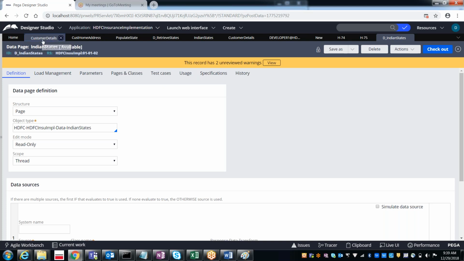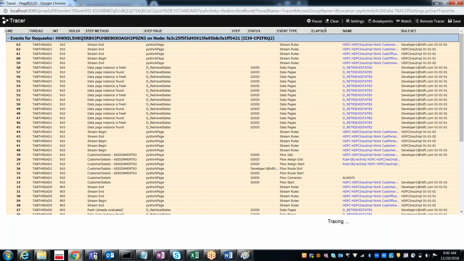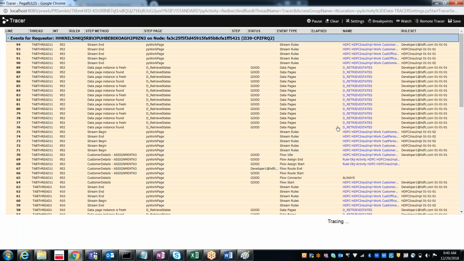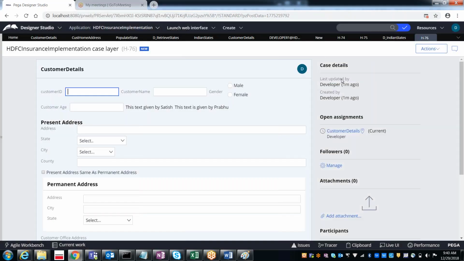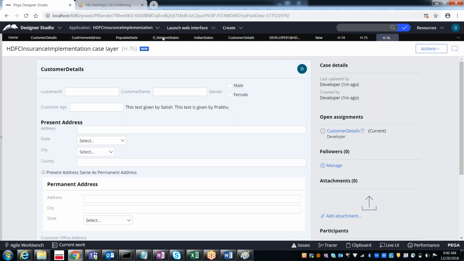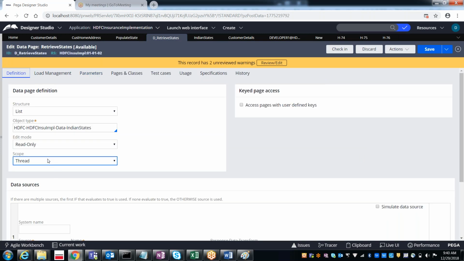The second time when you run it again, after 32 records, the records are repeated, no, sir? Once you clear the clipboard, the first time you run it, the records are available. Second time you run it again, why is it showing data pages, sir? Already up to 32 records. What is this thread? Thread means what? Okay, I got it, sir. Got it? Yes, for every work object, it will call it.